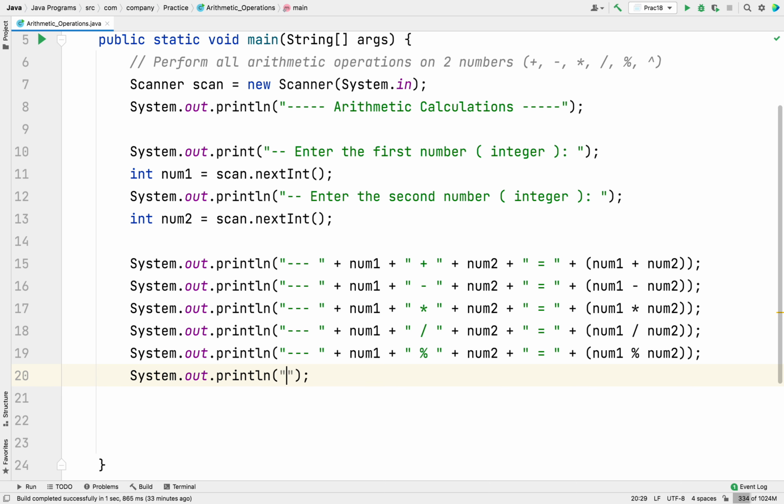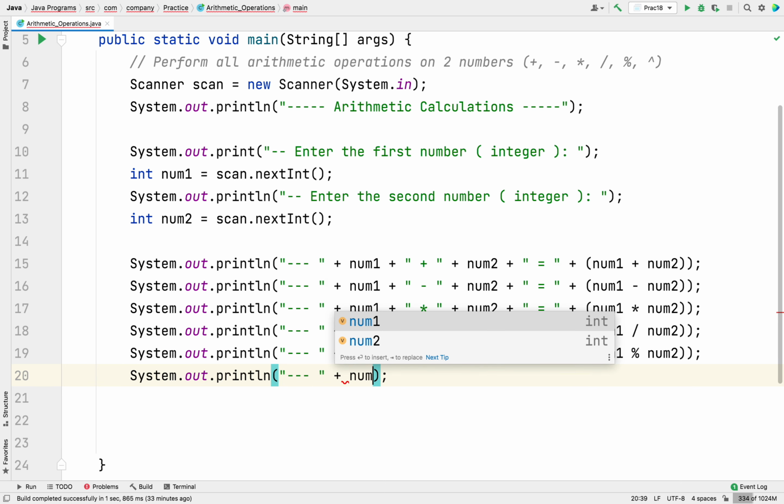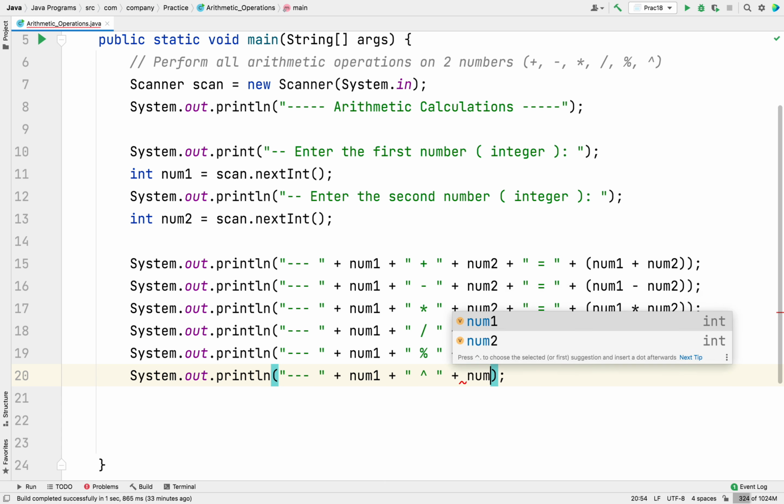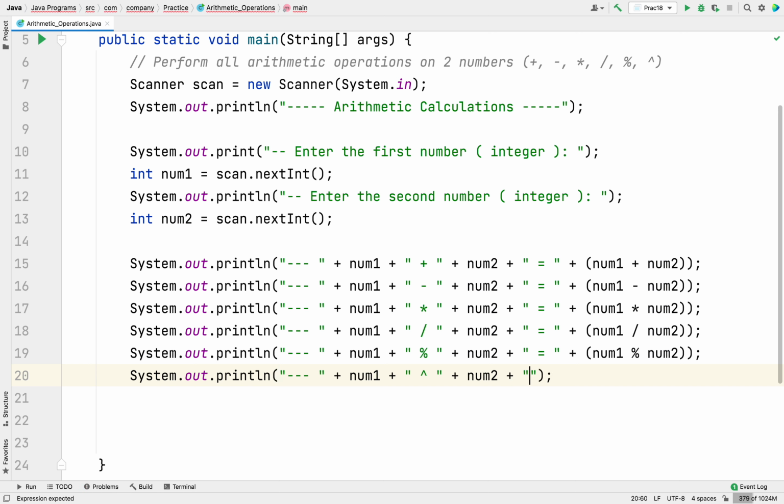After that we have exponentiation. Now the exponentiation symbol is usually this symbol, which is above 6. So hold down the shift key and press 6. You will get this. I'll explain what that symbol is, but that symbol is not used in Java. Exponentiation means to the power of. Suppose 10 to the power of 12. So we write it like this, 10 to the power of 12. Understood? But in Java we don't do it like that.